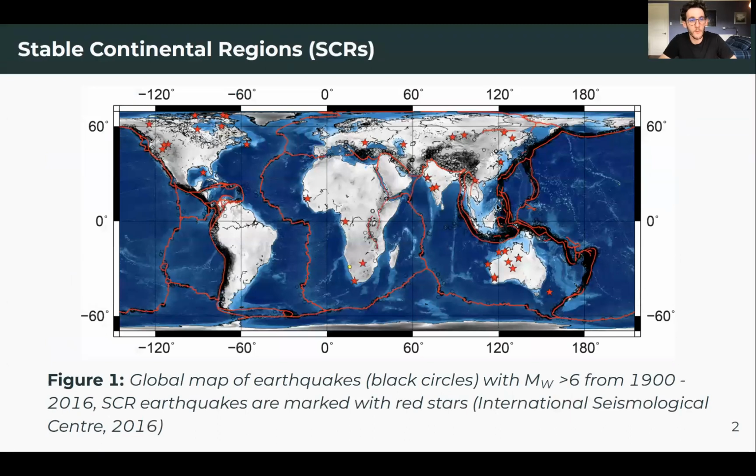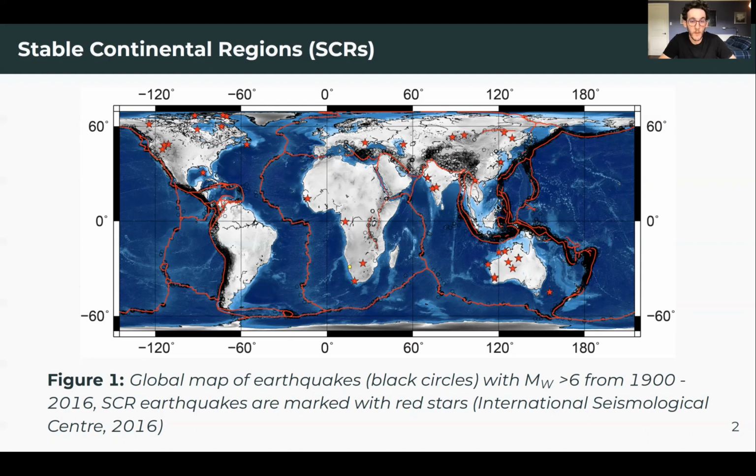Firstly, let me start by introducing the concept of stable continental regions. We're looking at a map of global seismicity here, and you can see that the vast majority of the events are occurring along the tectonic plate boundaries. These are interplate events because they're occurring between the tectonic plates. Although occasionally large earthquakes can occur within tectonic plates themselves in areas that are generally thought to be slowly deforming